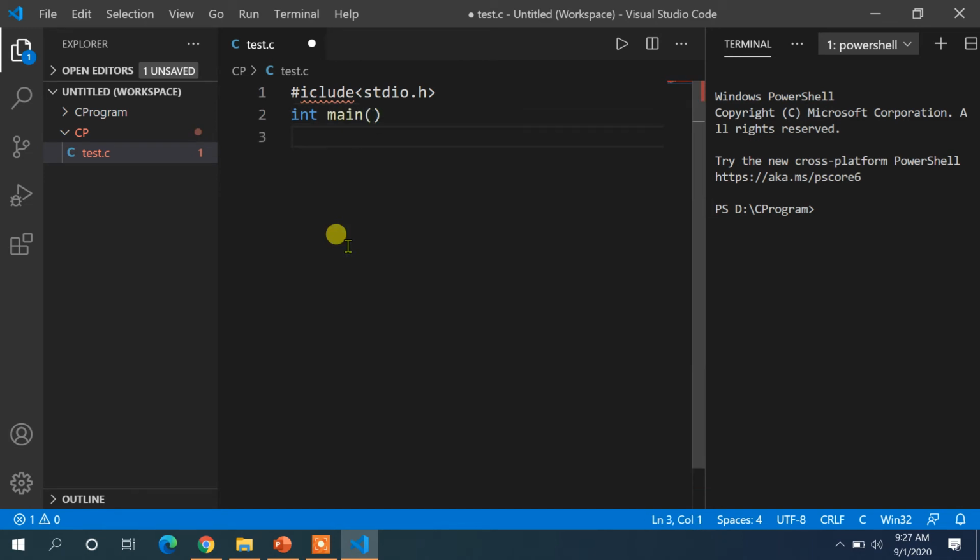Okay, then I have missed the include, include stdio.h. After that, you want to print something in this program.